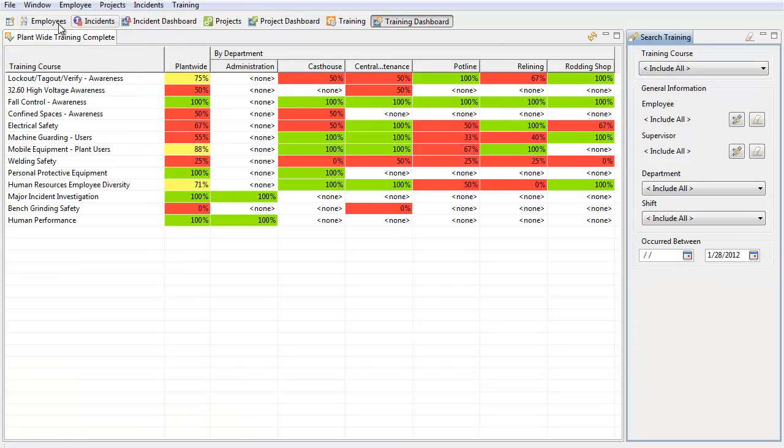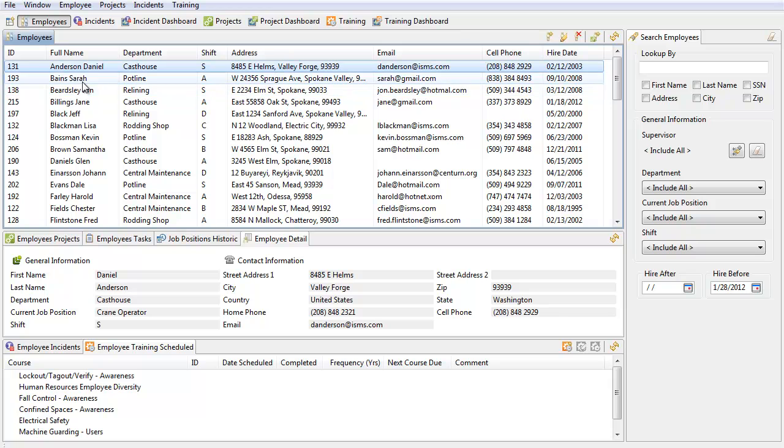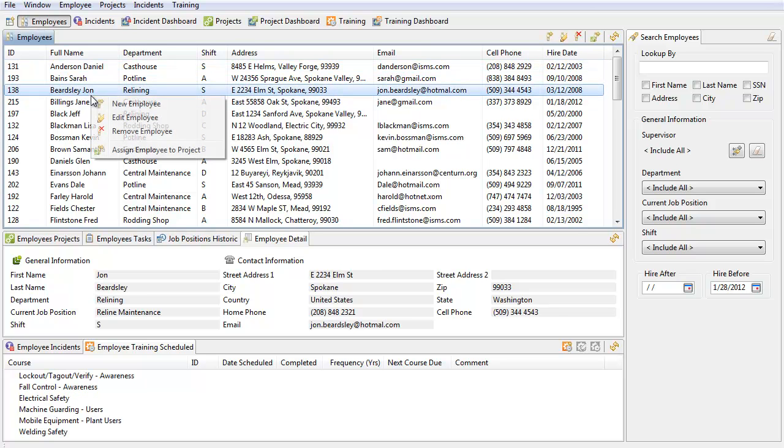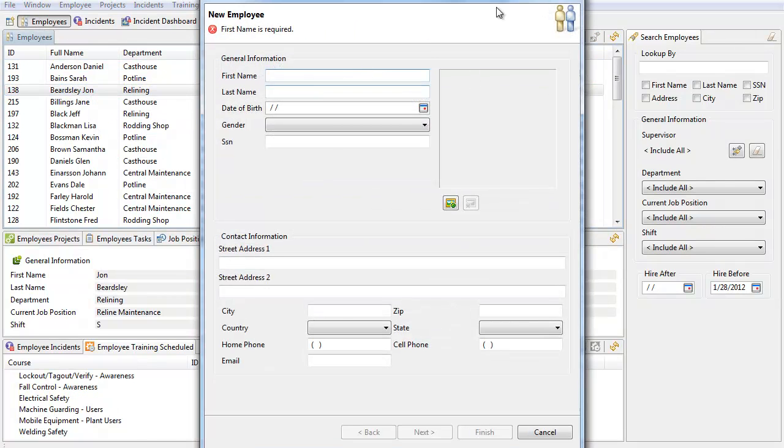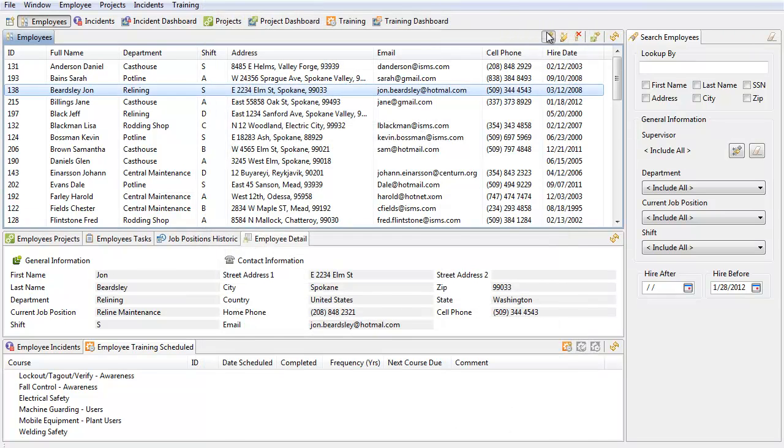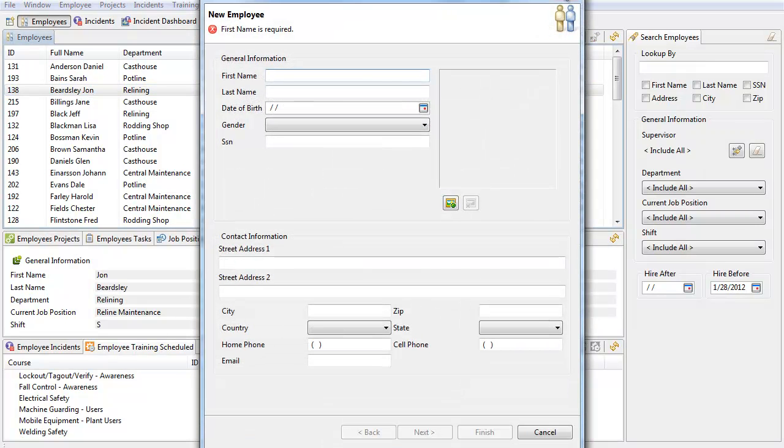The employee perspective provides the user with a quick reference that shows employee demographics and information that relates to the employee. The database can be populated manually or linked to a database such as PeopleTrack, Oracle PeopleSoft, or any other standardized human resources management system. Manual entry for employees is accomplished by right-clicking anywhere in the employee list or clicking on the new employee icon. When this is done, an entry screen appears where the user then adds information to the appropriate boxes or the